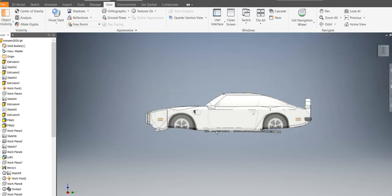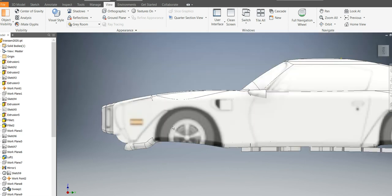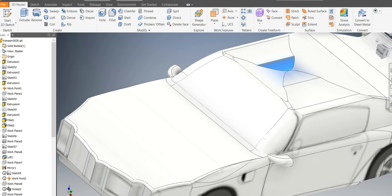I probably need to get rid of my name on the bottom. As you can see, it didn't work out real well. So to put the wheel holes in there, you basically just trace them and cut them in there and then mirror them to the other side across that mirror plane. So I'm going to do that real quick. 3D model. I need a face to go on. Probably got all my